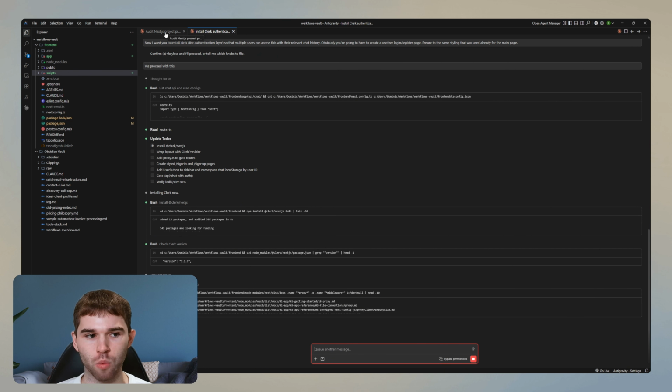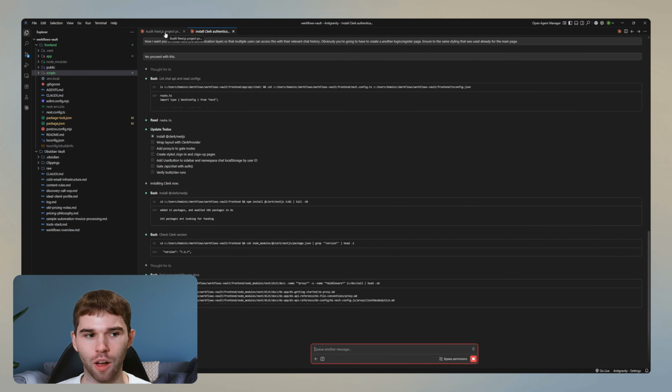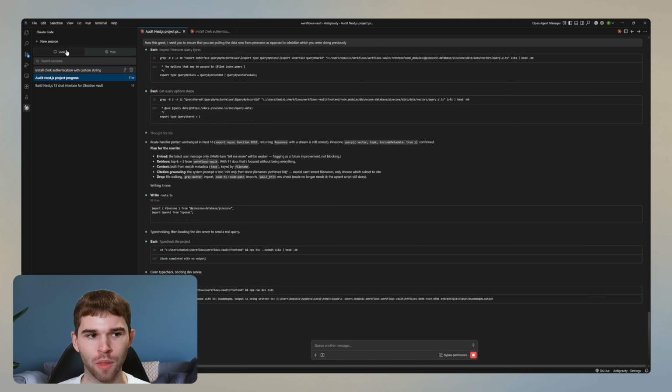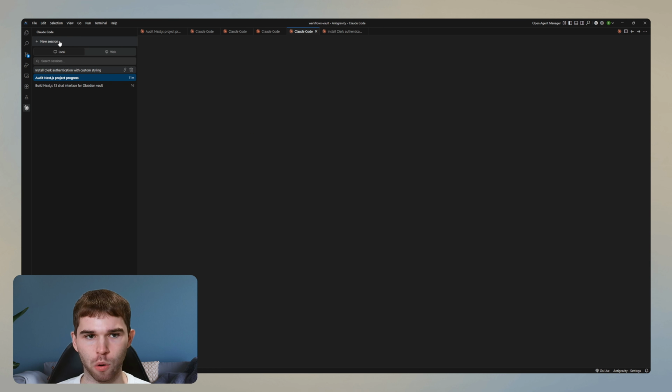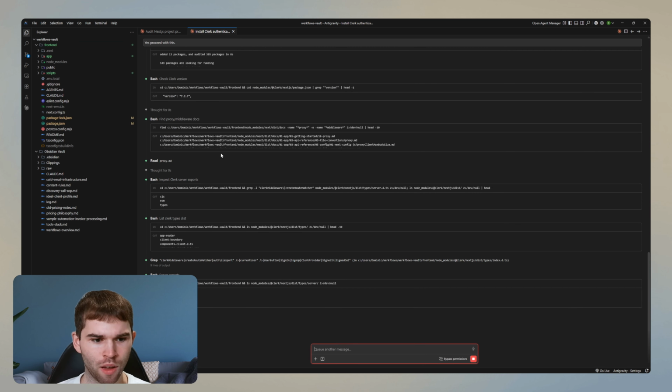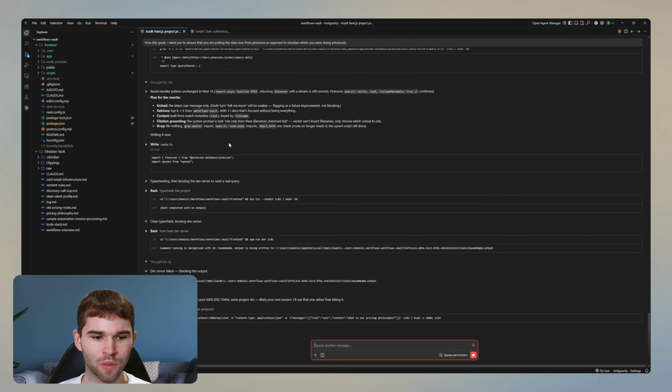Now, the cool part is as well, like I was mentioning before, how they're working in unison. So you can create as many of these agents as humanly possible. Not in there, that's the commit. But we can create as many sessions as possible and have Claude Code running simultaneously at the same time, which is incredibly efficient and cool at the same time. Now, is there anything? No. Okay, we're good. Now we have to wait, annoyingly, for a little bit because